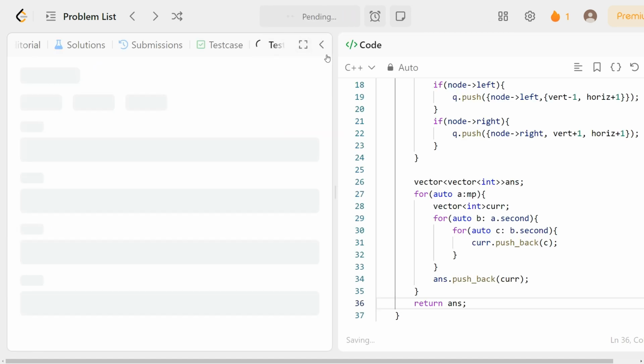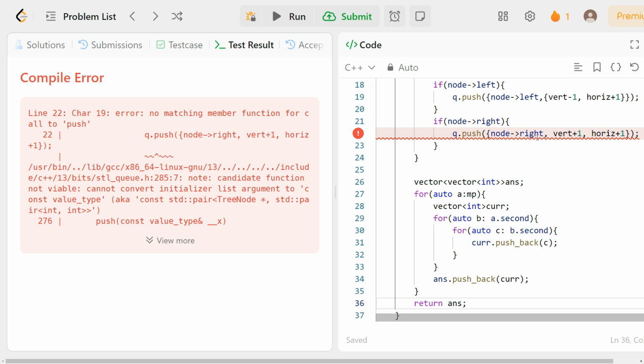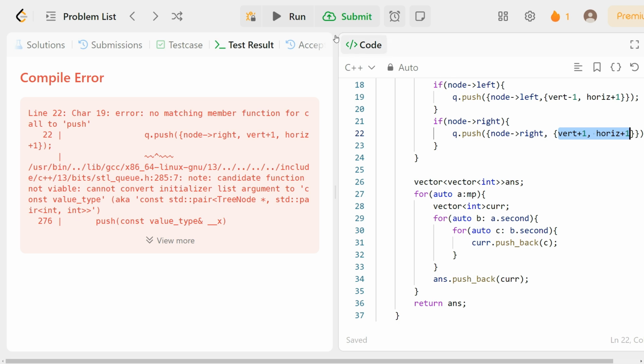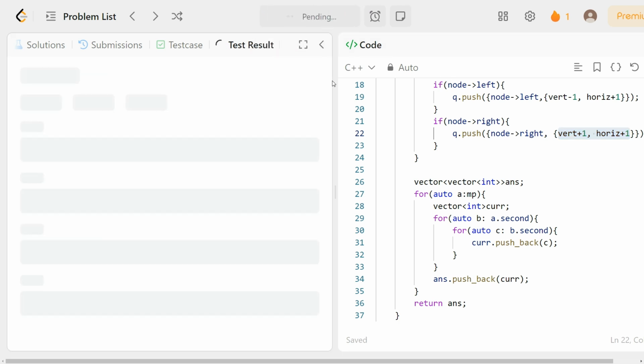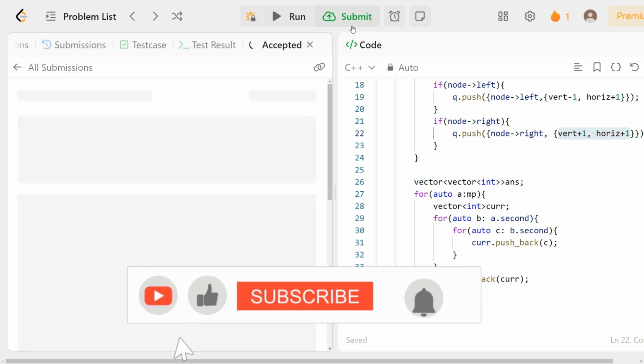Let us try to run it. It will run fine, I guess. Oh, again there is an error. What is the error? Okay, so I have missed one curly braces. Let us try again. Hope it will work fine this time and will not give an error. It is working fine for the sample test cases, and it should work fine for the submission as well, and